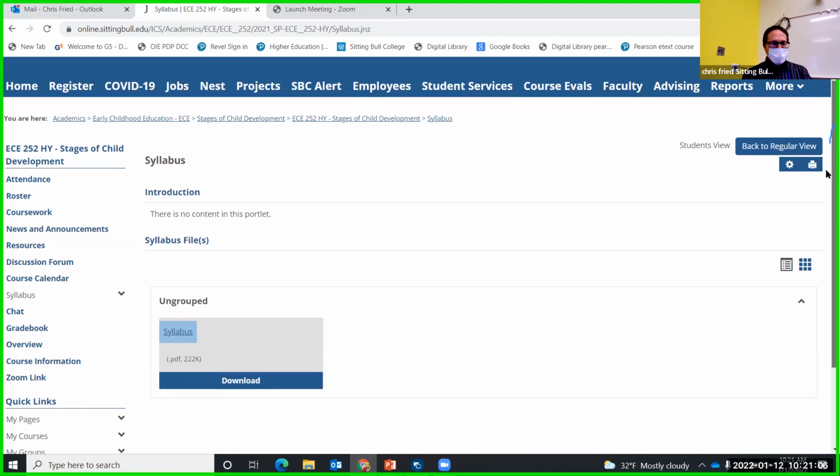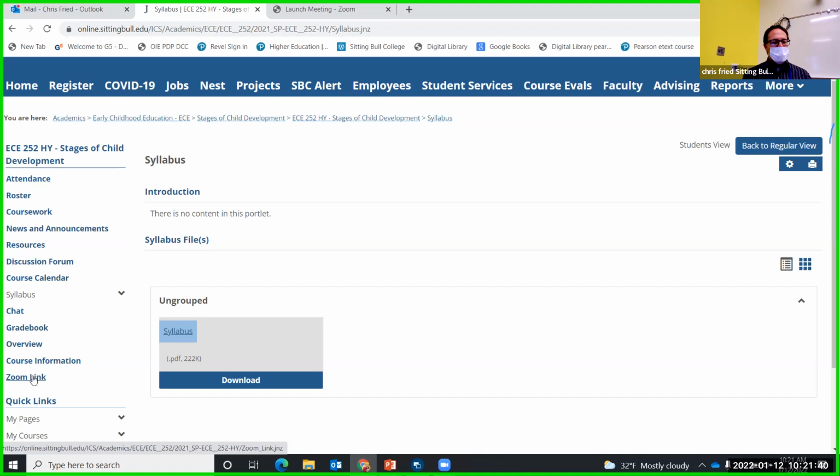But okay. So we're in my SBC here now that you can see, and I clicked on the syllabus link over here on the left-hand side. If you will remember from previous classes, or from the first class you had with me this week, several areas that I use: coursework, resources, and discussion forum are the three big ones. Of course, the syllabus is here for you to take a look at. And I'll review each of these a little bit here before we jump into chapter one.